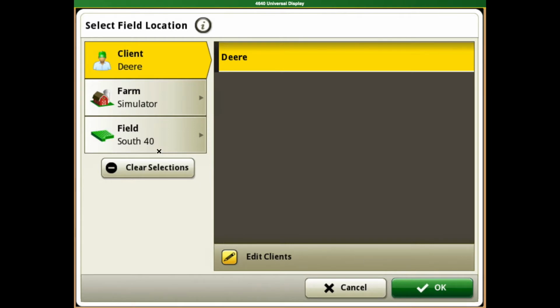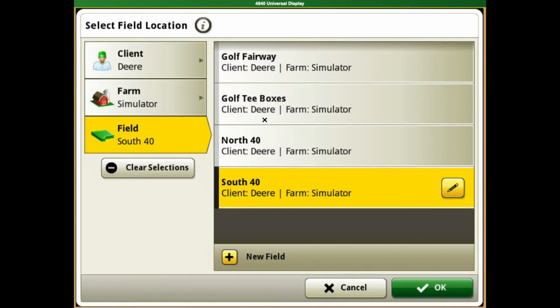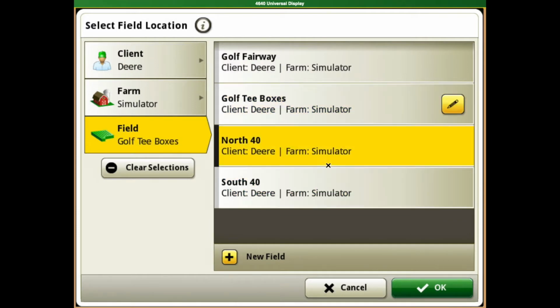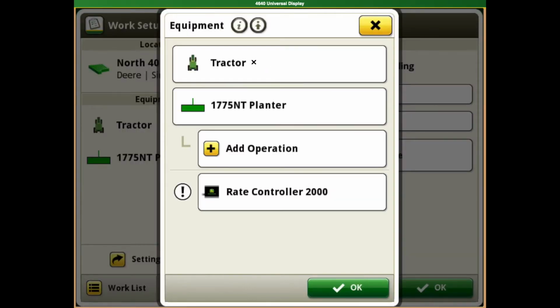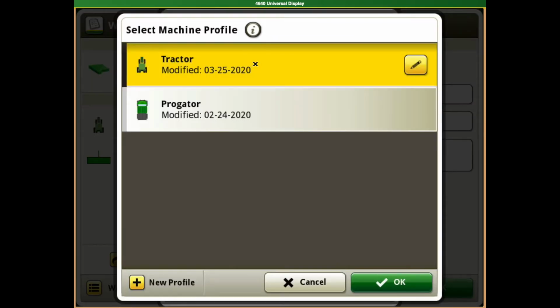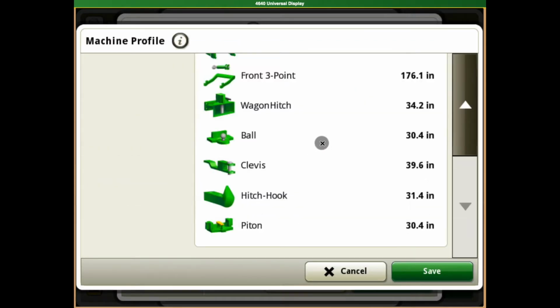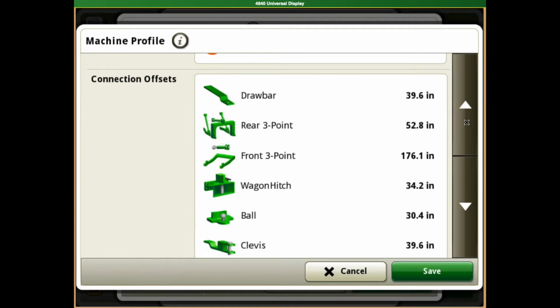So once those are all selected, we're going to go to a different field here. So once those are selected, we can come down to the equipment side. So the equipment is going to be our offsets, and as you can tell, we have a rate controller attached to this planter. So in our tractor one here, we can go through and edit the profile, change our offsets depending on how all of those look,